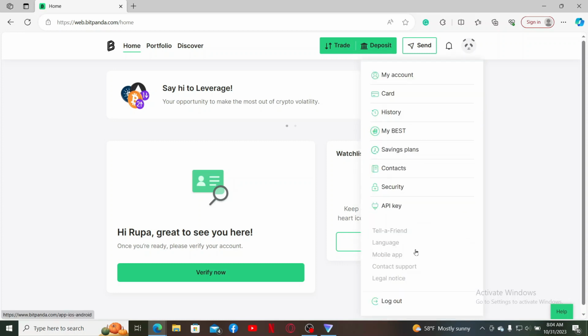In the pop-up, scroll down and click on the log out button, but remember that before logging out, you'll need to know your credentials, that is your email and password associated with your Bitpanda account. If you remember those credentials, simply click the log out button and you'll be redirected to the main login page